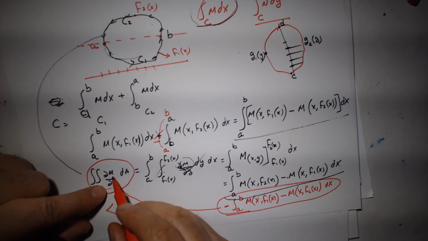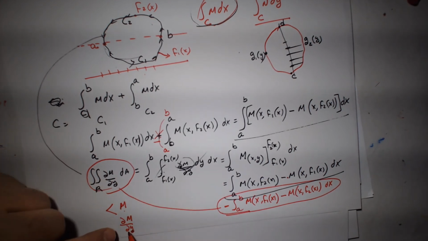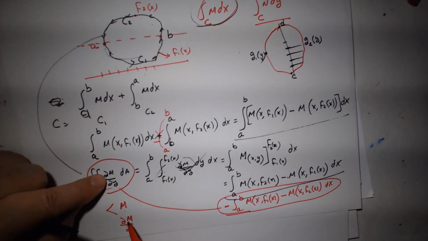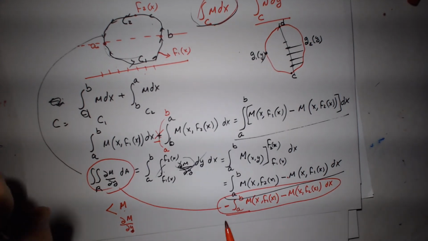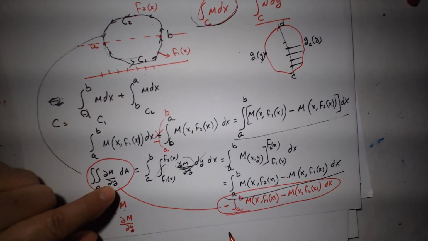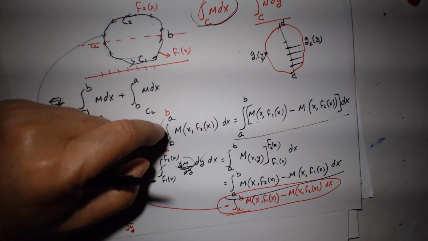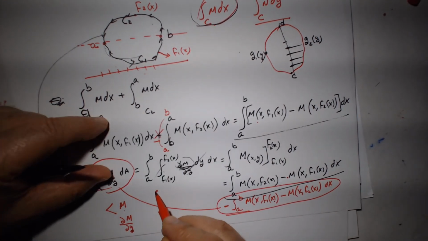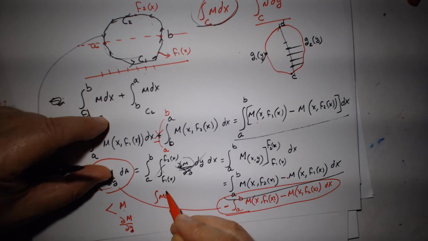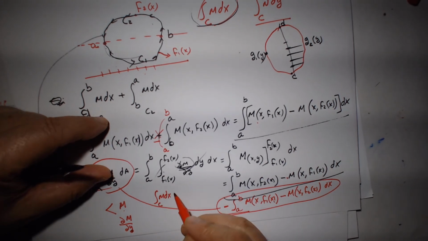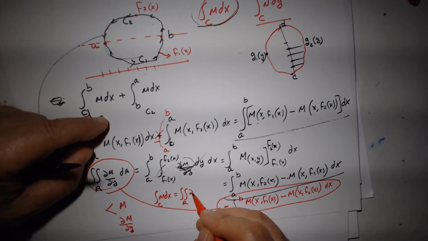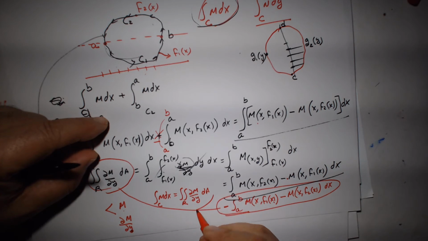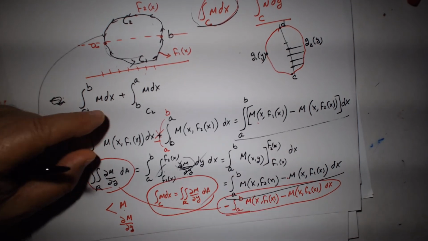Okay, remember that if you do have a vector field, you can take the x component and differentiate it with respect to y. That's what it is, and these are exactly the same. Then from today you have to know that the line integral of m dx over C is the double integral over R of the partial derivative of m with respect to y dA. We proved this portion,